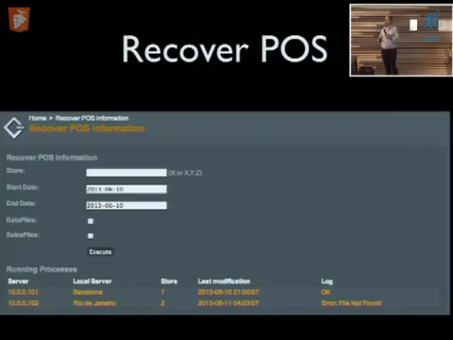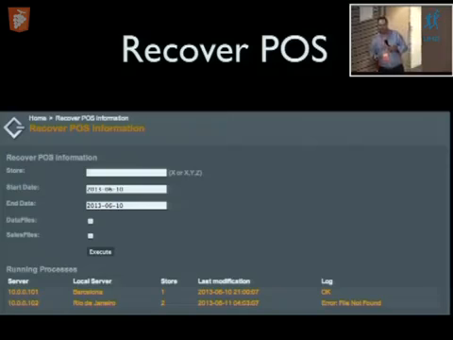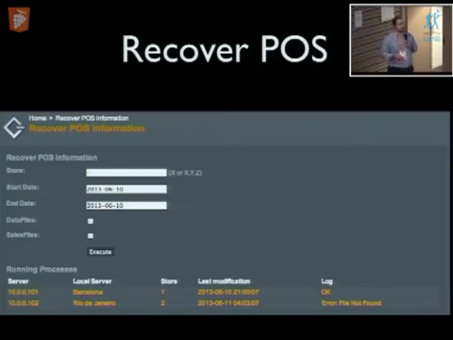So how did they do this task in the past? Let's say they have to recover one server and one day of the week. They have to log into that server and retrieve all the IPs from all the points of sale, connect manually to every point of sale, retrieve the information from the database, copy that to the server and install it in the database. So it's a complex and totally manual process.